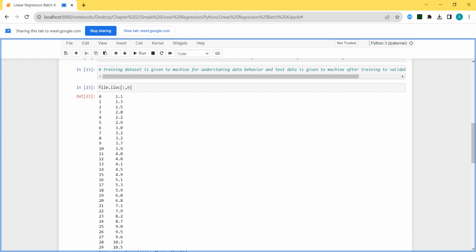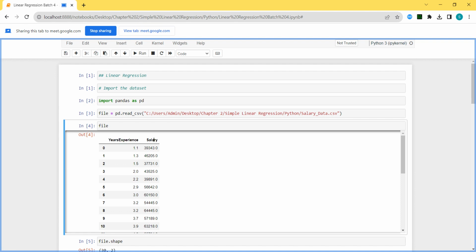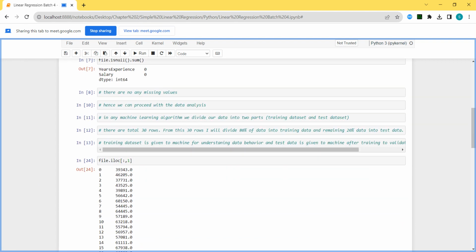Okay. Sir, I can understand this much. Column number 0. Then column number 1 is there, sir. Yes, we got it, sir. Column number 1 means what, sir? This is the zeroth column. This is the first column. Now what I am teaching you as a new thing is, instead of 1, what I will write is -1.